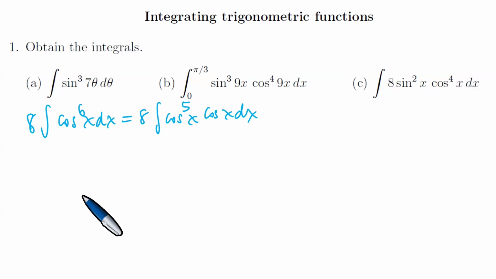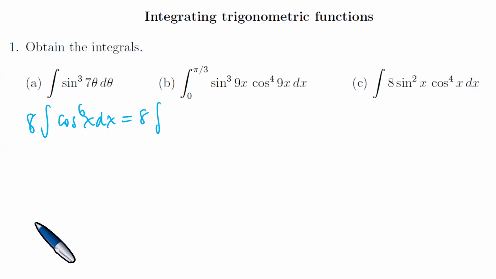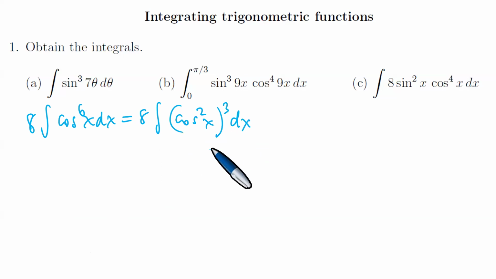The easiest way would be this one. If we're able to break it down, for instance, there are too many ways, but we can break it down to precisely the cosine squared, and then you cube it, dx, which is 8 the integral of